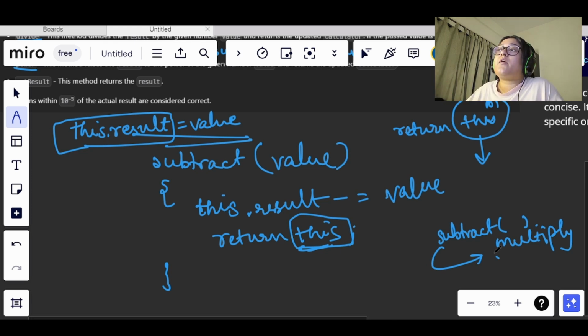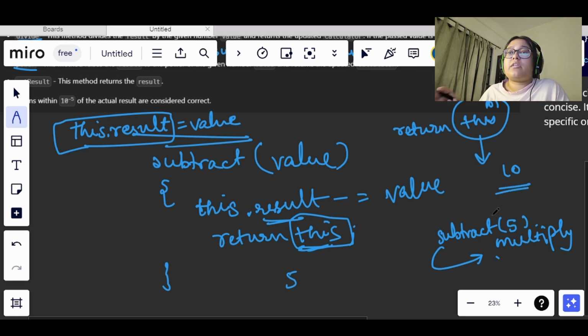Let's say we have passed 5 here, and our initial value was 10. So in subtract, our initial value for result became 5, because the initial value was 10 and we passed 5, so the result we get will be 5, and this 5 will be passed into the multiply function.